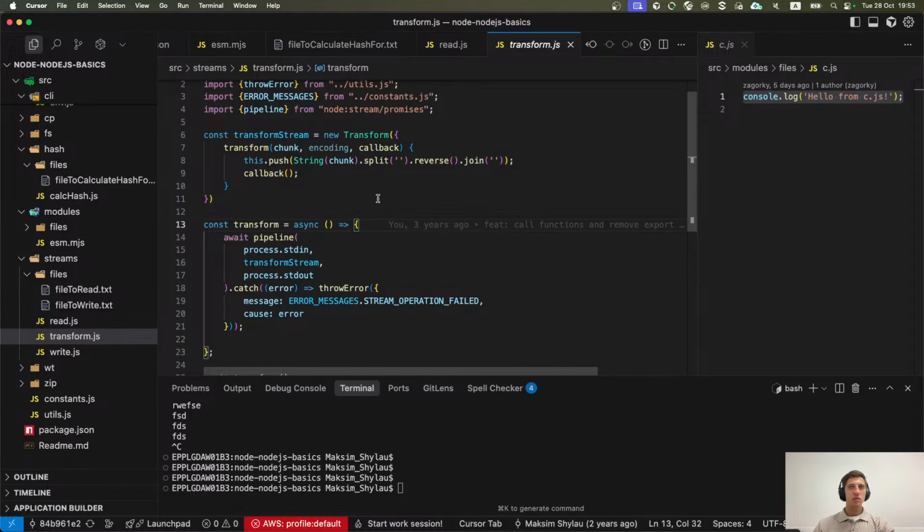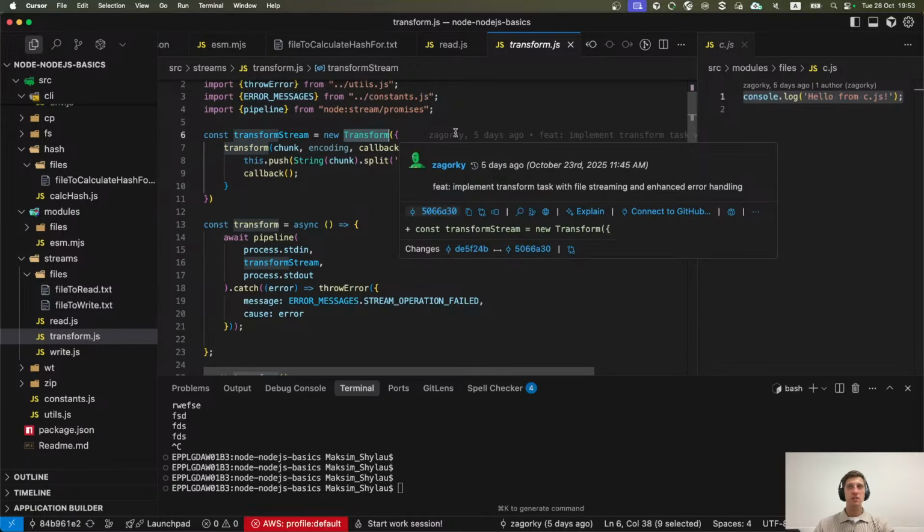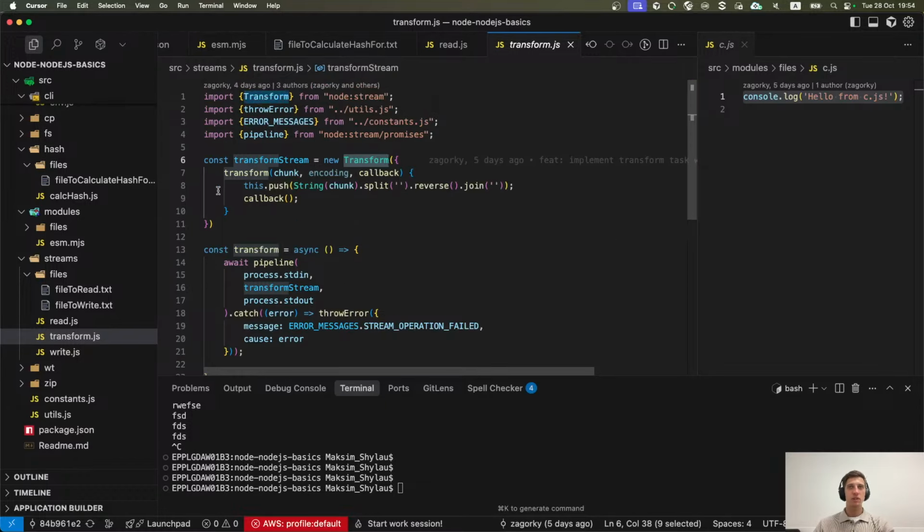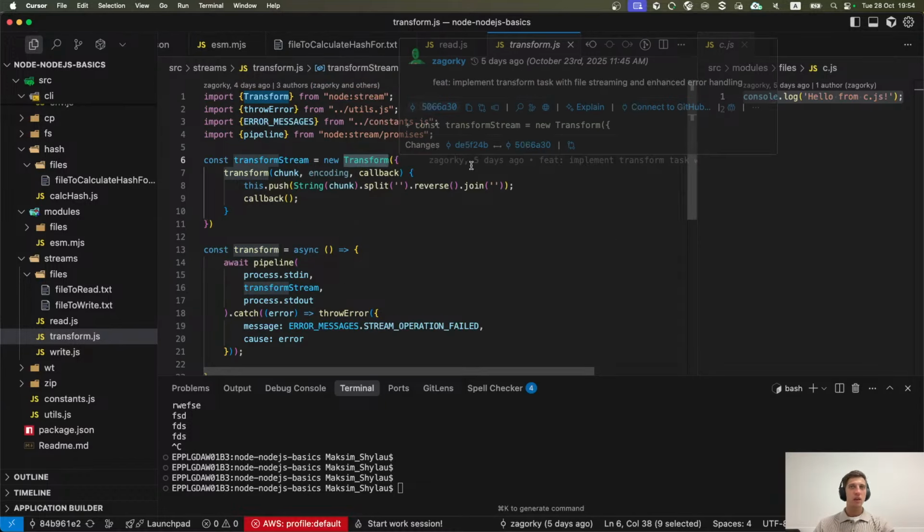It's about using transform stream. Transform stream is kind of a duplex stream which has two sides, readable and writable side. So you can see that we create transform stream using new Transform syntax. Alternatively, you could create a class that extends Transform stream from the Node stream module.